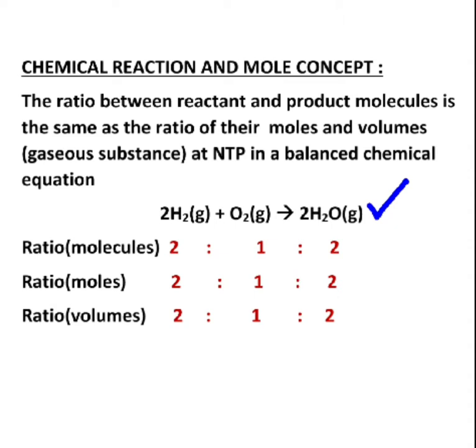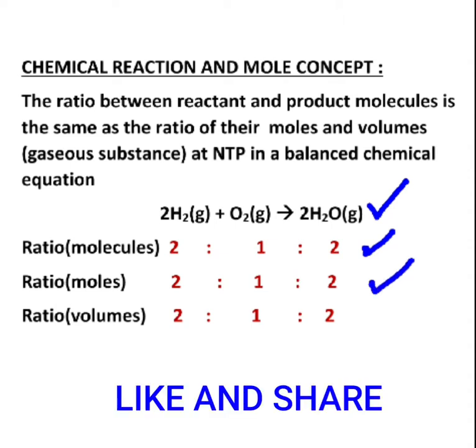How many molecules are involved here? 2 for H2, 1 for O2 and 2 for water. In terms of moles also I can say 2:1:2. In terms of volumes, again it is the same, that is 2:1:2, and that is the concept. So this is an important relation between the chemical equation and the mole concept, whereby with your balanced chemical equation, you are in a position to find out the number of moles involved within that chemical reaction, or the volumes of that particular gas involved in the chemical reaction.